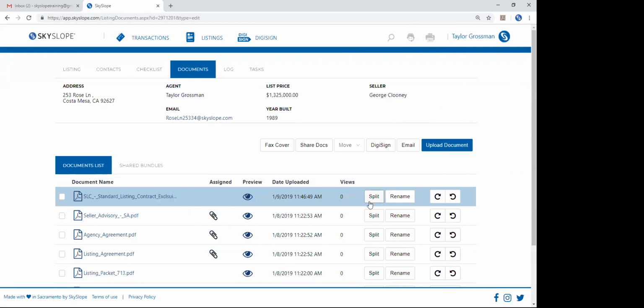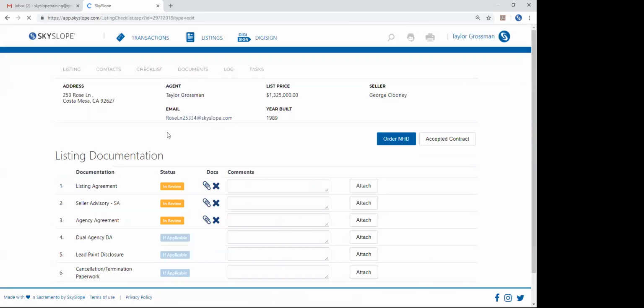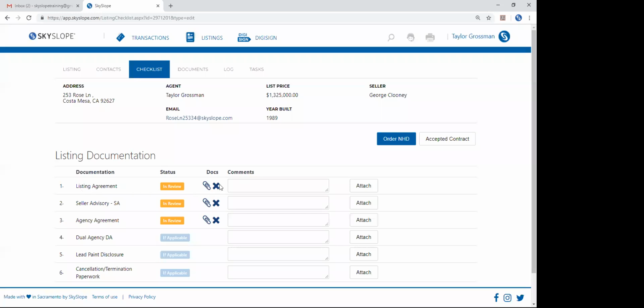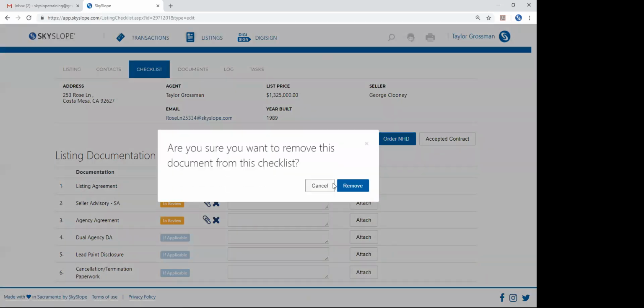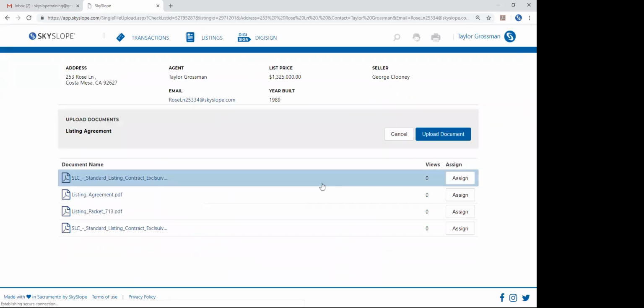What you can do is you can actually split those documents apart here in the system so we can finish that last step of turning in our documents. In this case, we just sent a standard listing contract to George. So right on my checklist, I can find the listing agreement, which is what I sent. We'll remove that one that I had there previously. It's a required item. Once I select Attach, it shows me all of those documents that are in my Documents